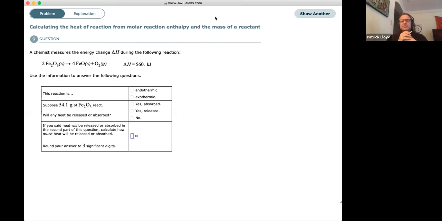Okay, so the first two questions are pretty basic issues. It doesn't matter how many grams of Fe2O3 is reacting. It could be 1 gram, could be 1,000,000 grams. The reaction is still an endothermic reaction, so it will absorb heat. If you said that heat will be released or absorbed, oh, by the way, there are two cases where the answer to the second part could be no. And that would be if delta H is 0, which, generally most reactions,